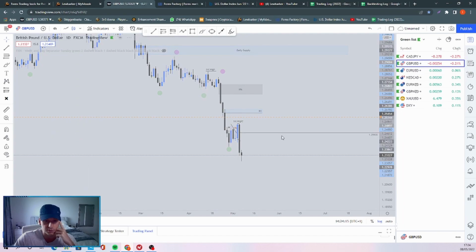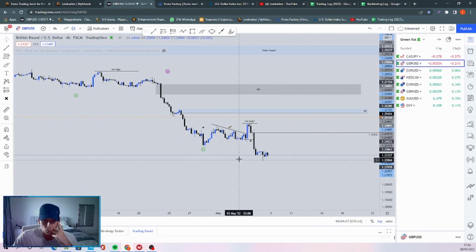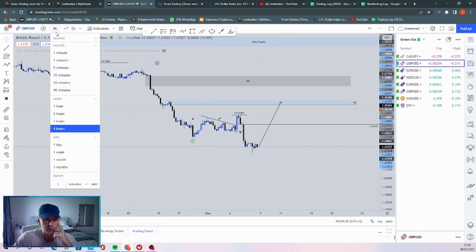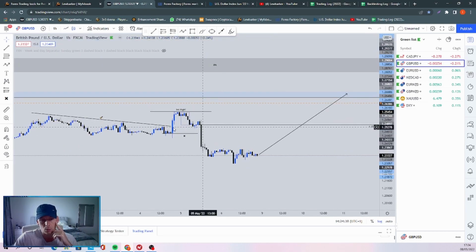So if I drop down to the 4-hour, what am I seeing right here? I would like to see price pull back up into these kind of areas. We have a nice 4-hour candle here, and then we also have another nice IPA area, but then we do have our daily supply here. However, what could potentially happen if I go down to the 1-hour, if we're just looking at our 1-hour structure,